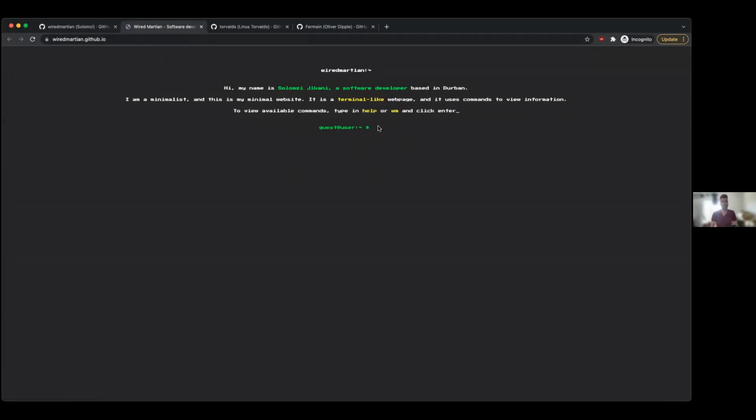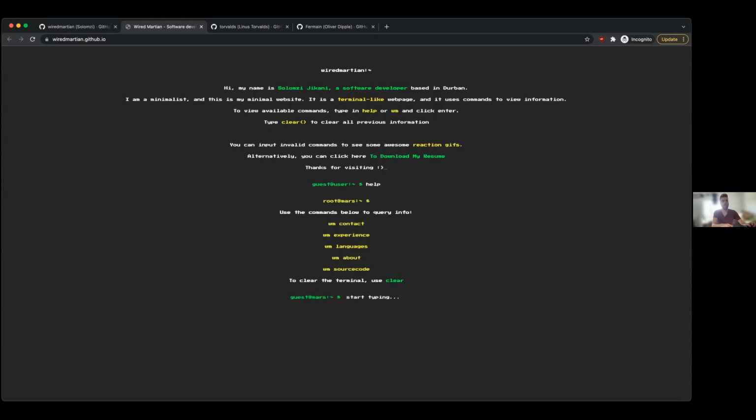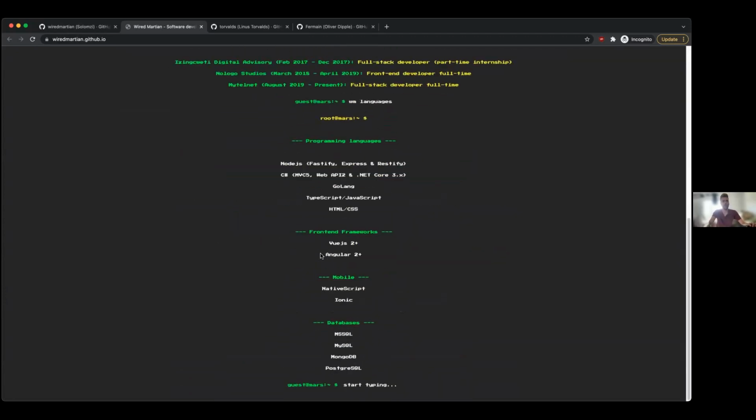Now, this might not be the best idea for a recruiter, because recruiters often aren't the most tech literate people in the world. They are just looking for the tech literate people. But this thing for programmers is quite fun. We can type help and see what the commands are and say, okay, WM contact. We have his contact details. Type WM experience, and we have his CV. WM languages. And this is a nice, interactive way of getting across your skills and showing what you can do,